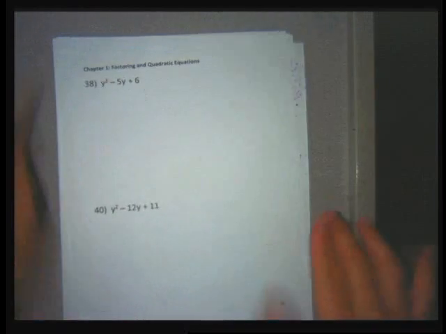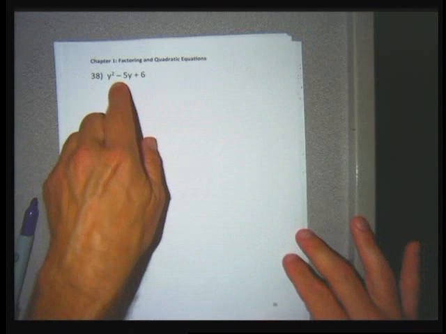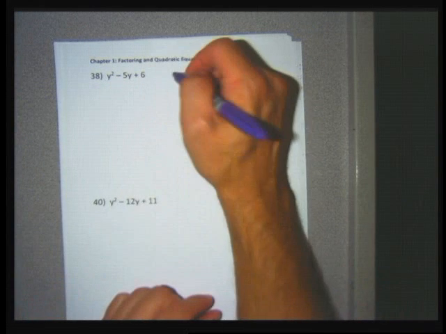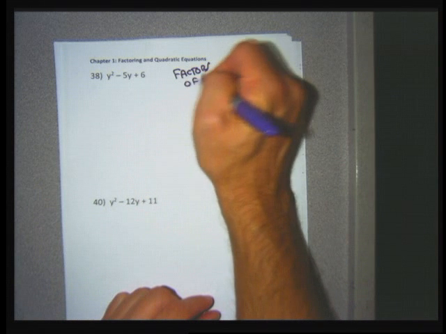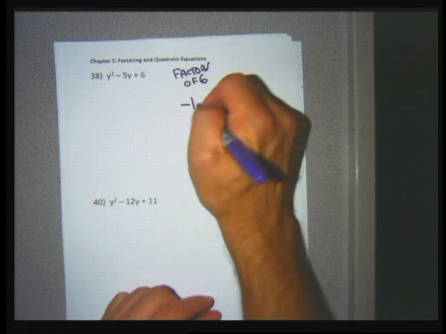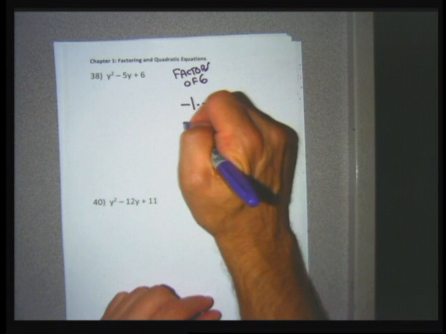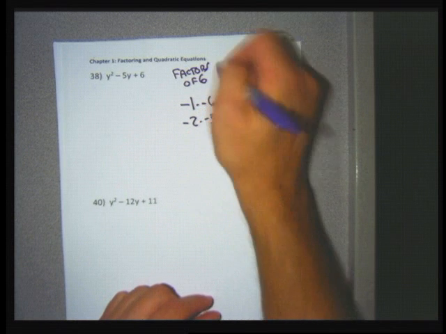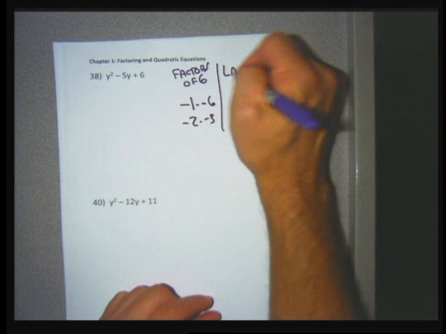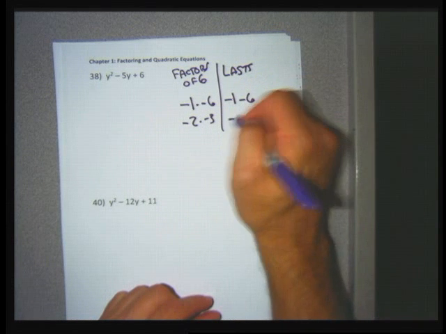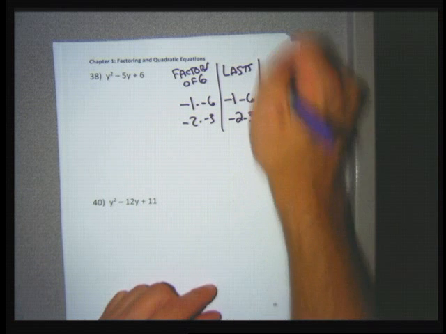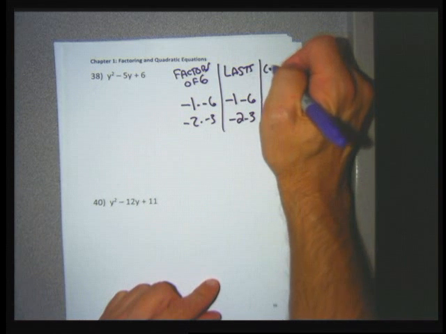For 38, I need factors of 6, and I need to get negatives in there. So for my table, I'm going to go factors of 6 that have a negative, which are -1 times -6, -2 times -3. My potential lasts, one is a -1, the other is a -6, or a -2 and a -3. And when I go to combine these,